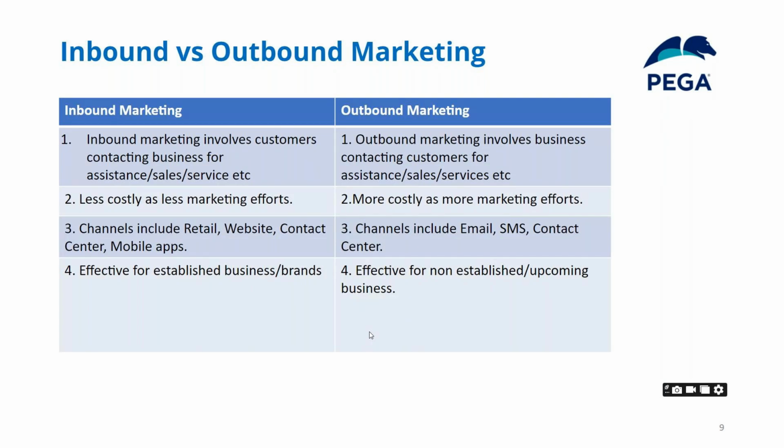So now, considering here, inbound marketing is very less costly, right? Because customers are already coming to them, you don't need to do any additional promotion. But outbound marketing is costly. So we need to identify to whom we need to send, what is their email ID. You need to send a lot of emails in order to attract the customer, right? If you send one email, it might not be enough. You might need to send 5 to 10 emails to get the attention of the customer. All these things will be there.